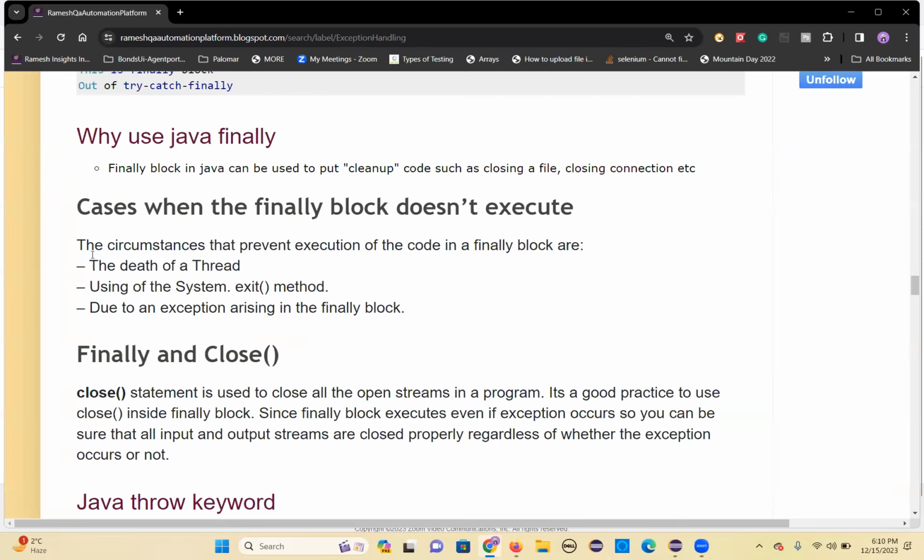In such cases, the finally block won't execute. With System.exit, the finally block code won't execute. If there is an exception in the finally block, the rest of the code won't execute. These are the three cases where finally block code doesn't execute. So inside the finally block, you can put a close